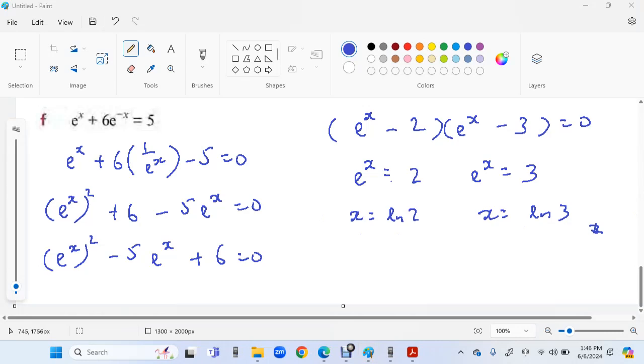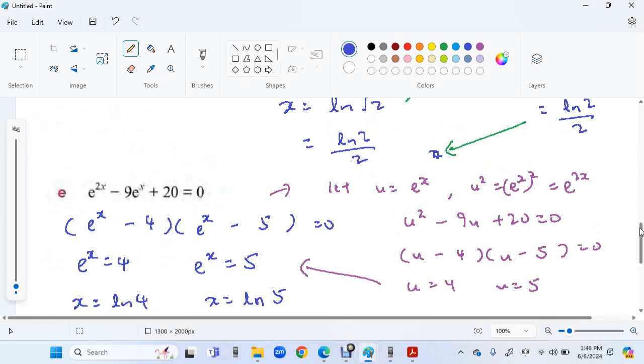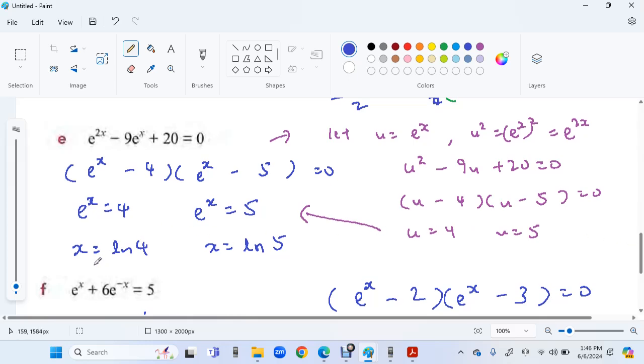So just now this one, the ln 4 here, will become 2 ln 2 because this is ln 2 squared. Okay,